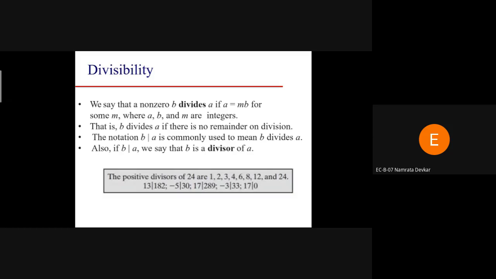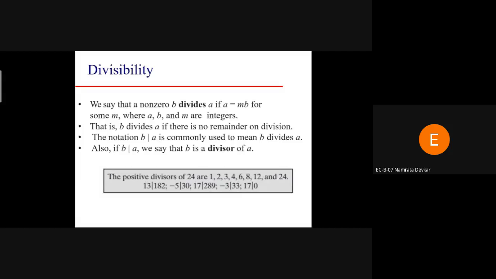In divisibility, we simply find out how a number can be divided, and whether there is any remainder or the remainder is 0. We have to find the multiple numbers. If we take the example of 24, we have to find the integers for 24. So 24 is completely divided by 1, 2, 3, 4, 6, 8, 12 and 24.